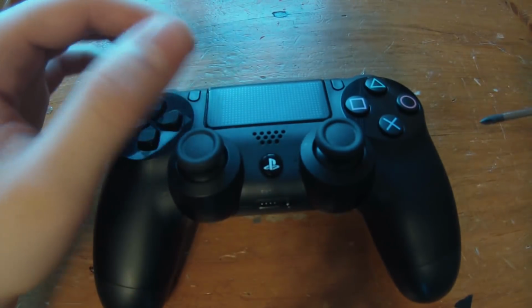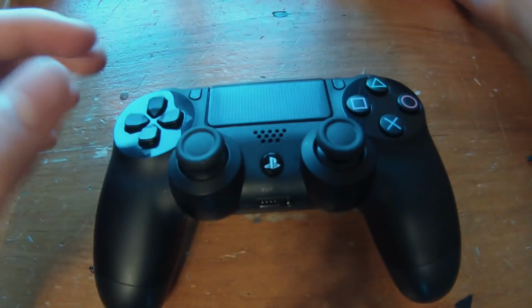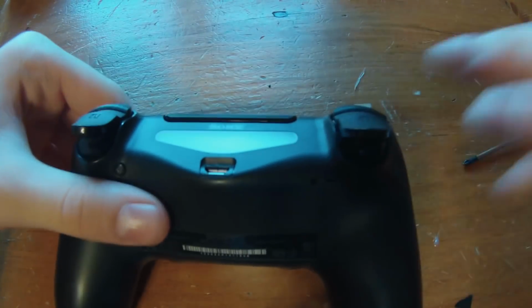So this is pretty simple. You're only going to need a few tools. I'm replacing my shell with a gold shell. It's going to look really nice when it's done. So the first thing we're going to want to do is turn the controller over, and there's going to be